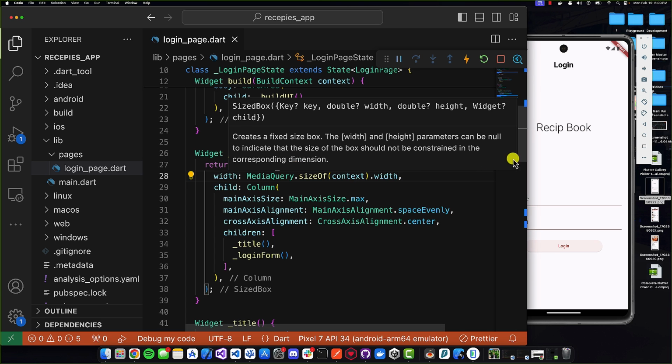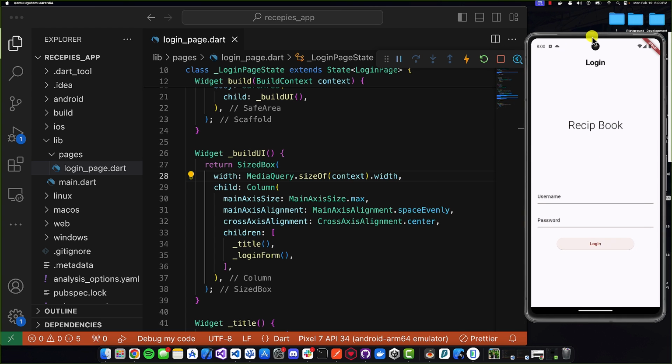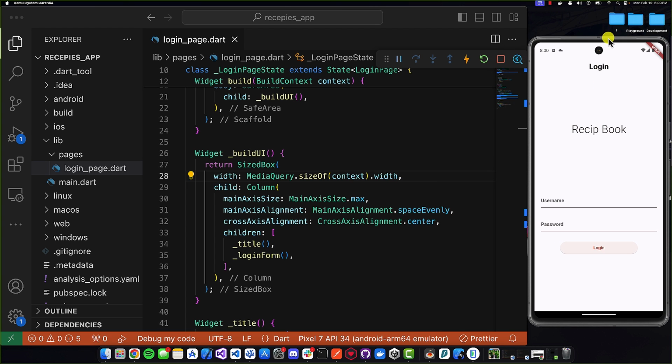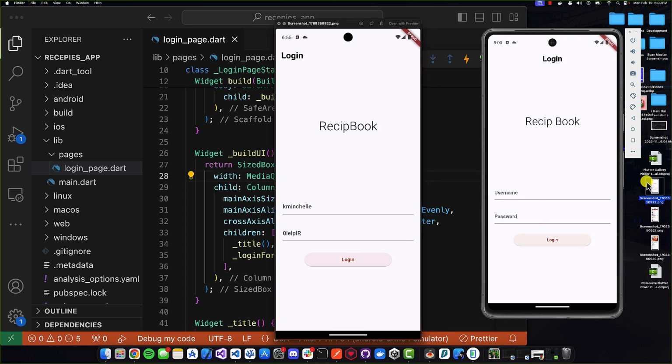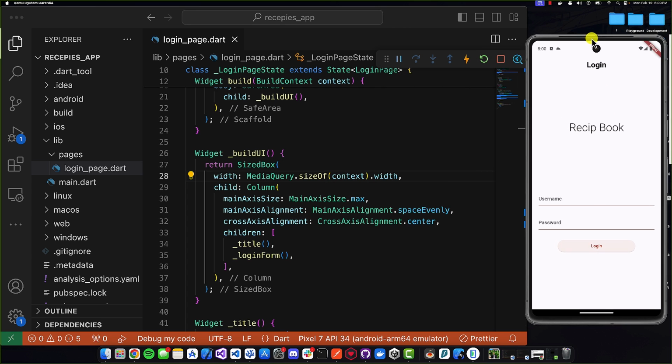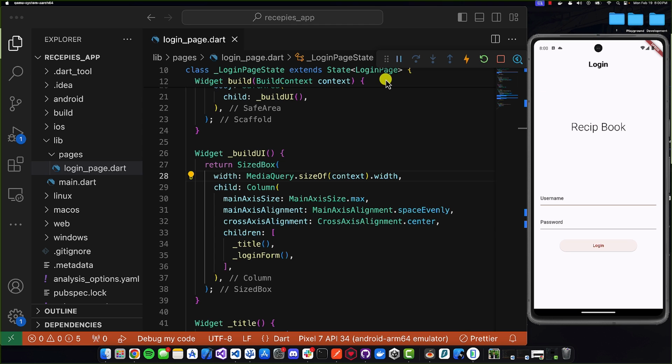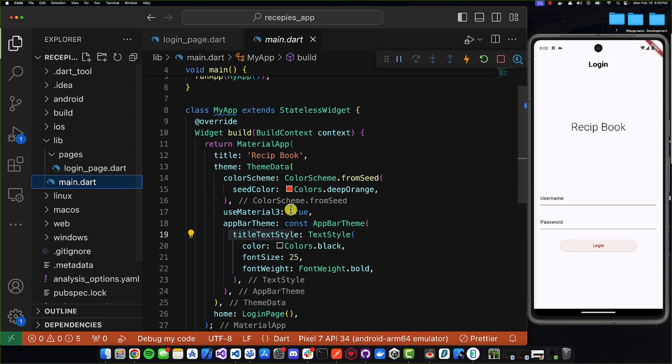Command save, and there we go. With that, we pretty much fixed all of these styling issues. So now our application looks exactly how it looks in the screenshots, and what's left is to actually implement the logic for logging in. So before I do that, I'm going to come back to the main.dart file,